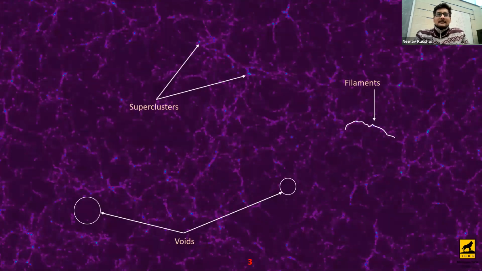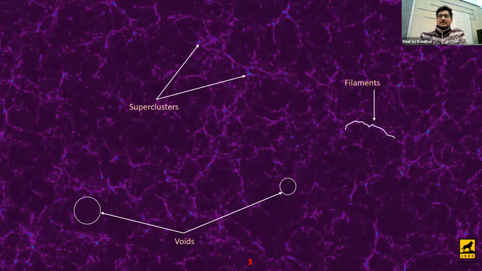Just to give you an estimate, this is known as the large-scale structure of our universe. Light travels from the sun to us in 8 minutes and 20 seconds, but for light to travel this entire screen would take 5 billion years. I'm just giving you this figure so you have some estimate of what we are dealing with.